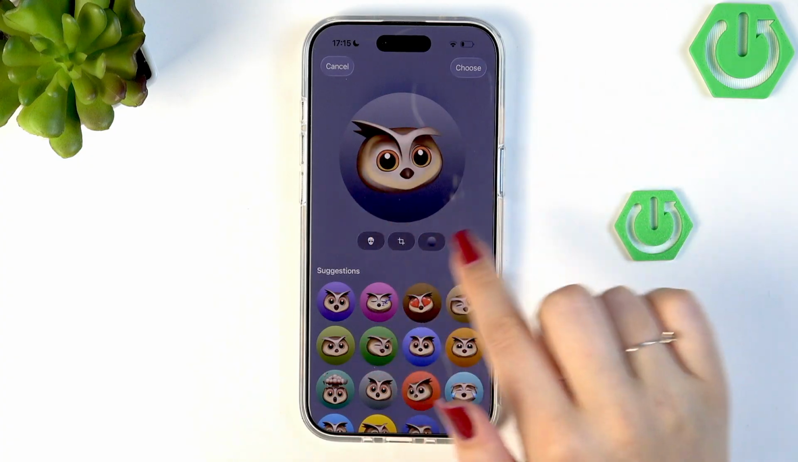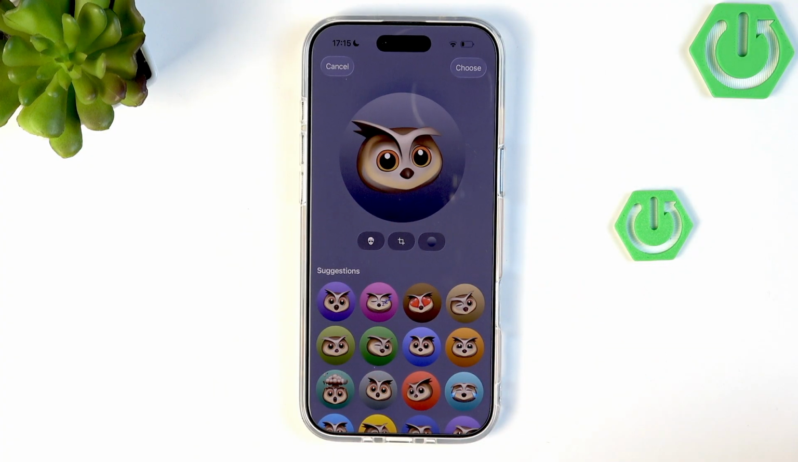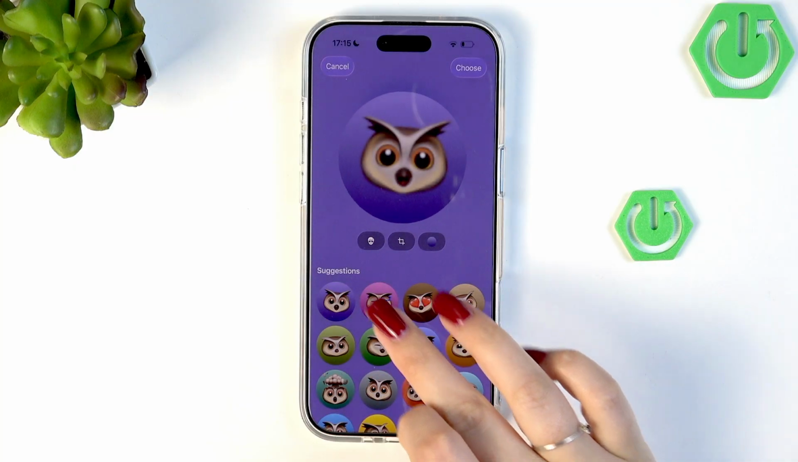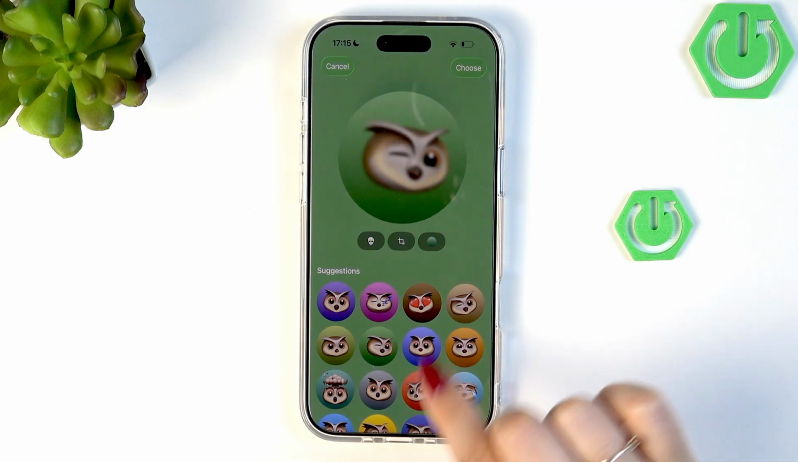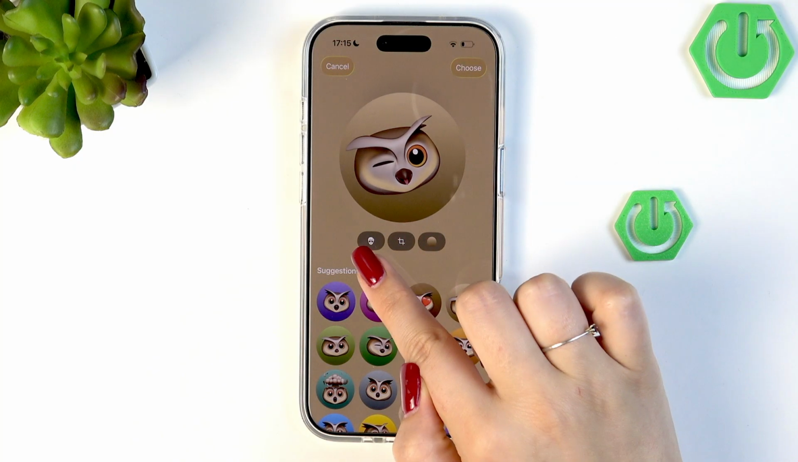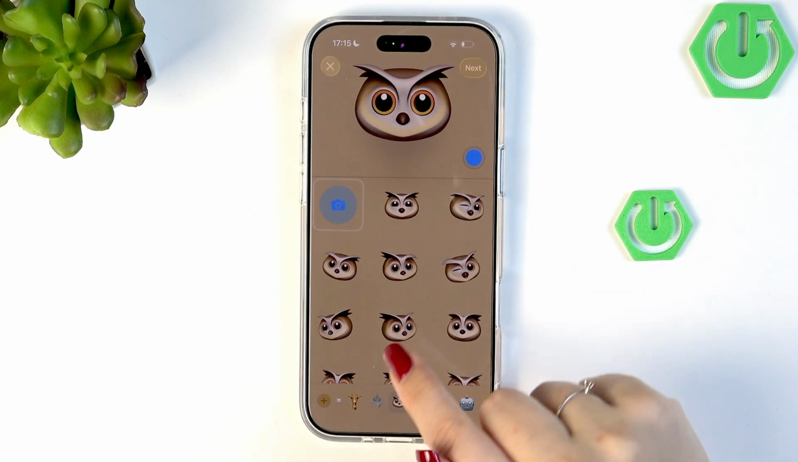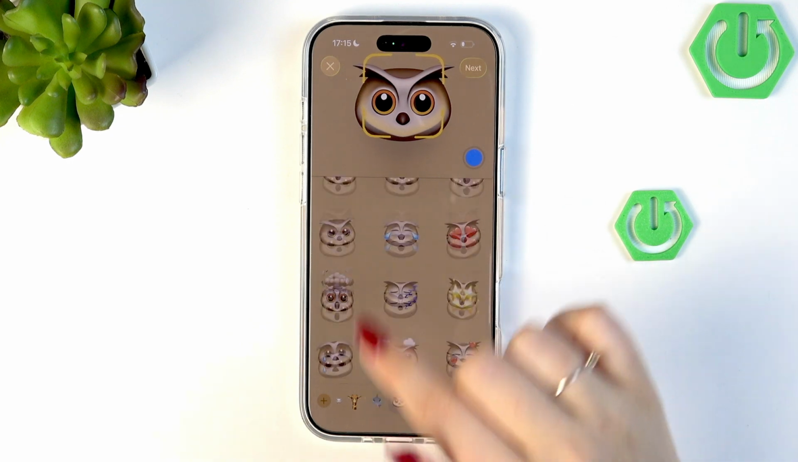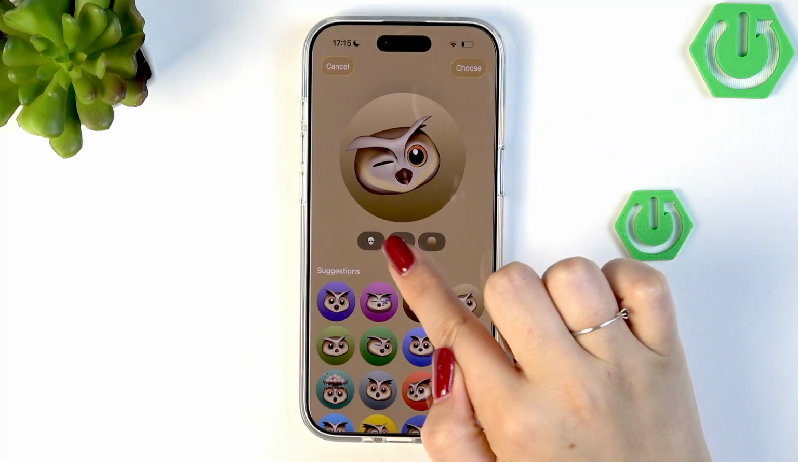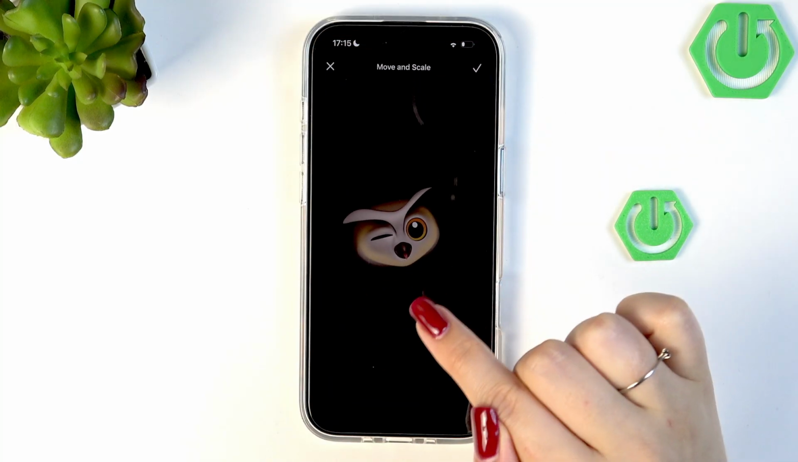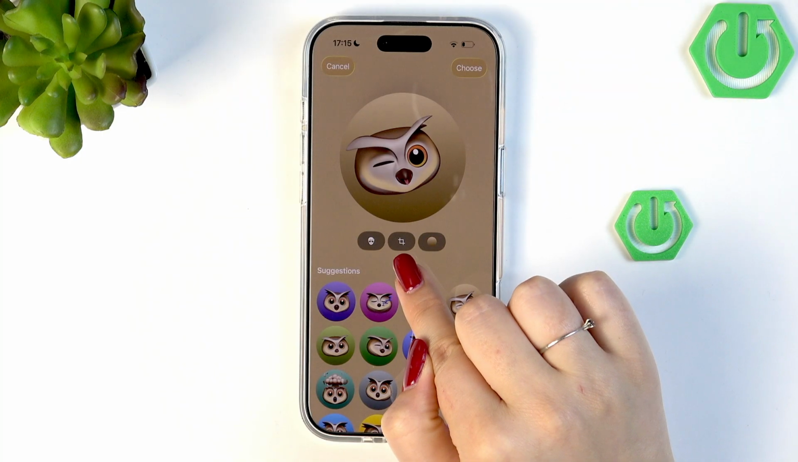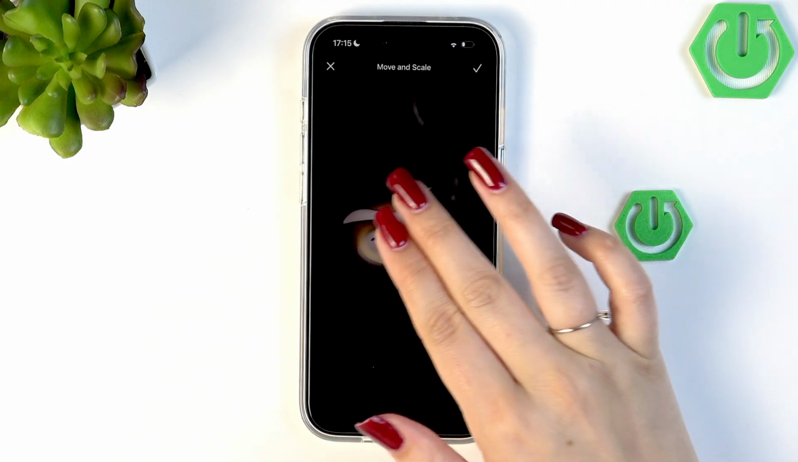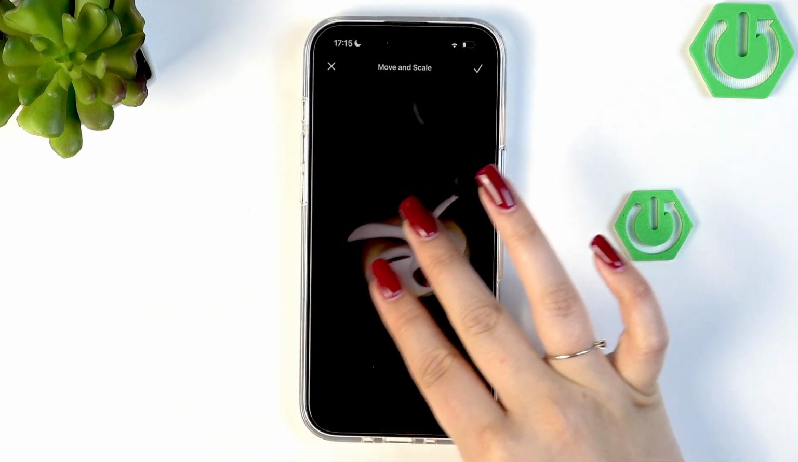So as you can see, we've got our Memoji inside this circle. Now we can choose something from the suggestions if you wish. Maybe this one or this one is cute. You can enter Memojis again and change the face if you wish. You can frame it. So after tapping on this specific option, let me show it to you again, right in the middle, you will be able to zoom in or out the photo just like that and change the position